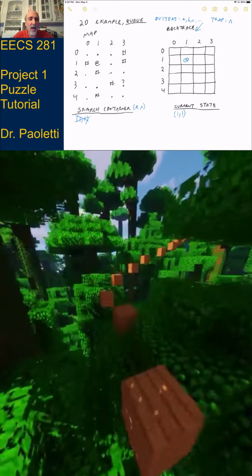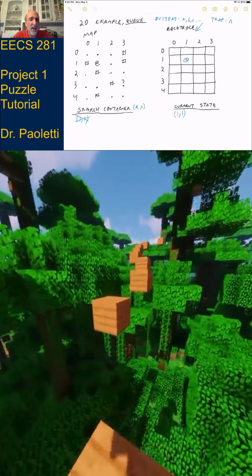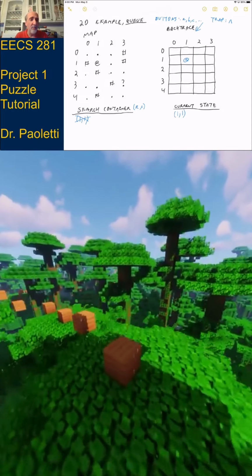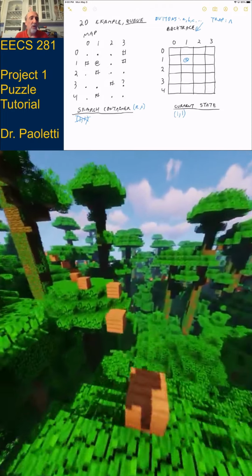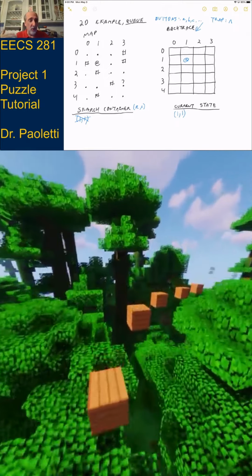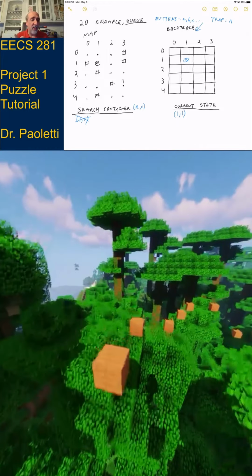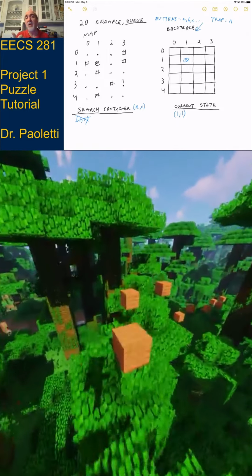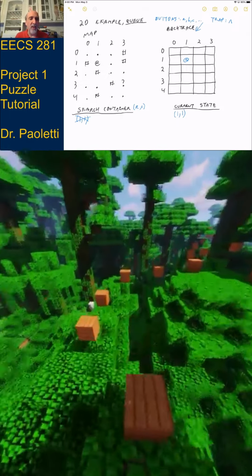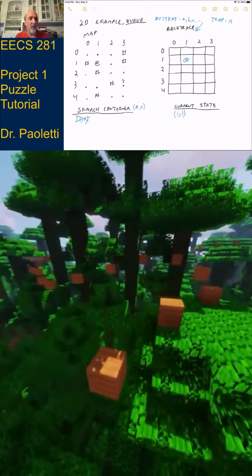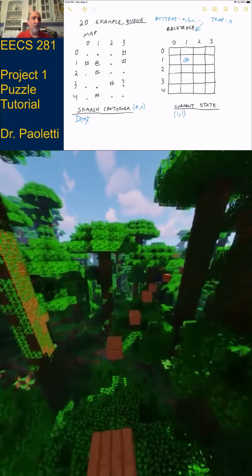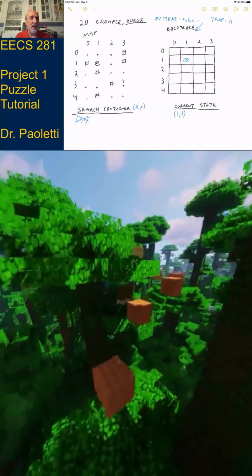All right, so my current state is 1, 1, and I'm going to look at where am I? Am I standing on a button? No. All right, let's do northeast, southwest in that order. So I look north. So the things I have to do when I look north is, first off, I got to say, is north a valid place to look? Because if I'm in row 0, I'm not allowed to look north. That would be like if I say, hey, let's take row 0 minus 1 and subscript that, that's going to be a seg fault. So I say, hey, I'm not in row 0, so yes, I can look north.